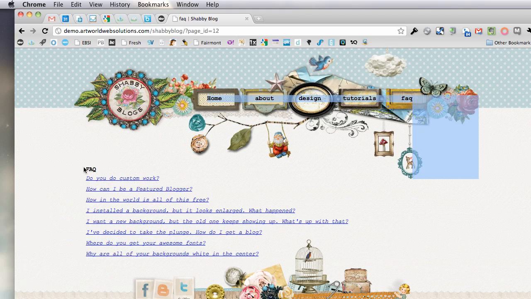We have this FAQ text, and you'll see if you were to make an imaginary line all the way across, it would run into this graphic right here. We just want to make sure there's enough padding between this upper header area and the main content area. That way we don't have elements in the main content area that are overlapping elements either in the header or